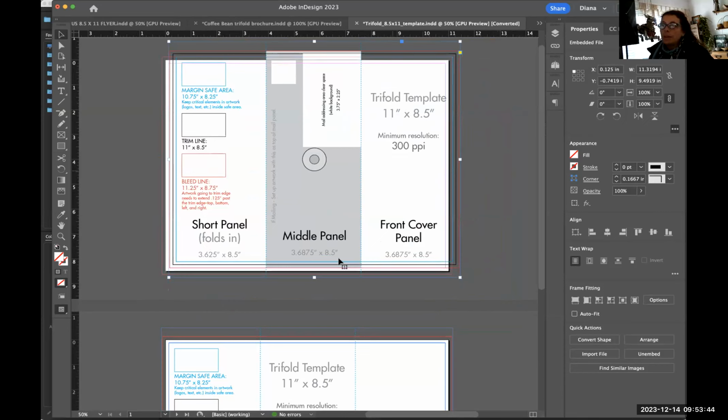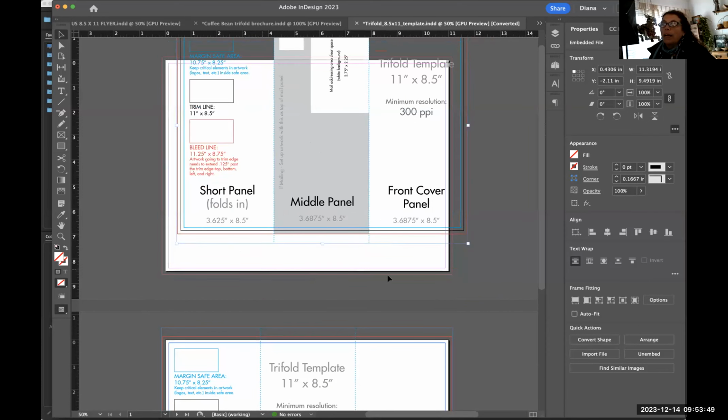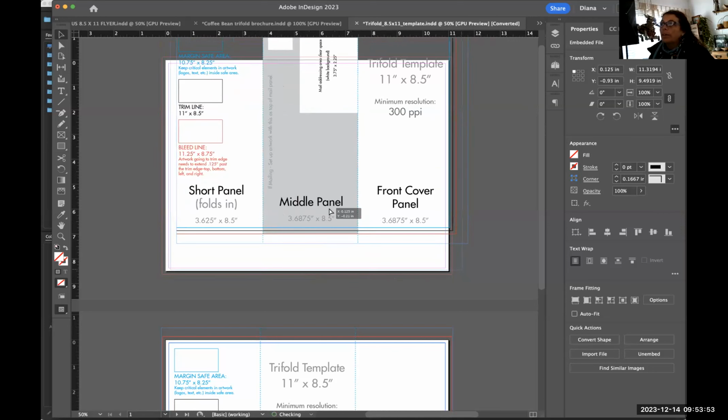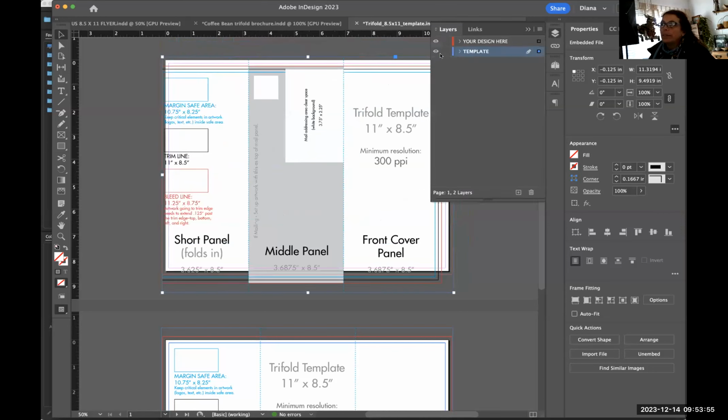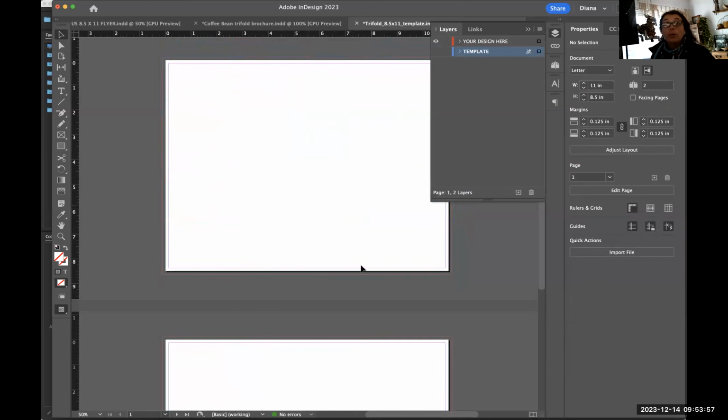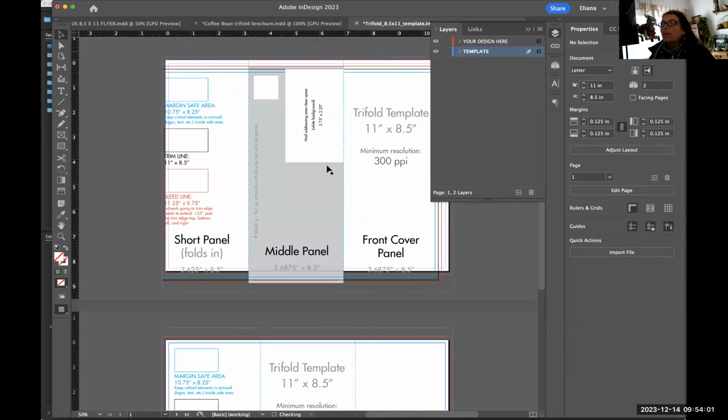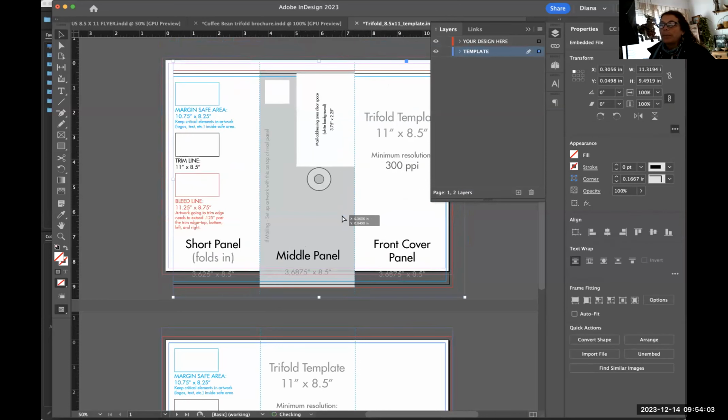So yes, this might be a bit too technical, but just showing you how a template might normally come without the guide set in there to help you. So then when you hide this to start designing your own, right? You go over here to the things and you just turn off the template so you can start designing your own. Lo and behold, it's empty, right? So this is, by the way, a specs template